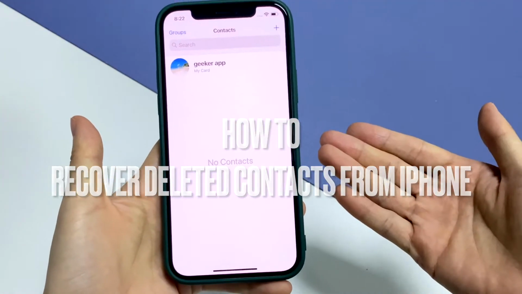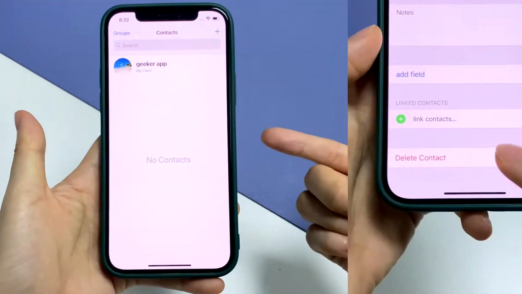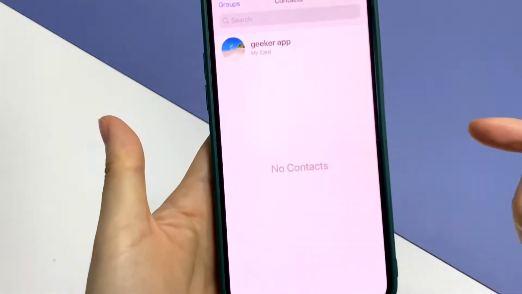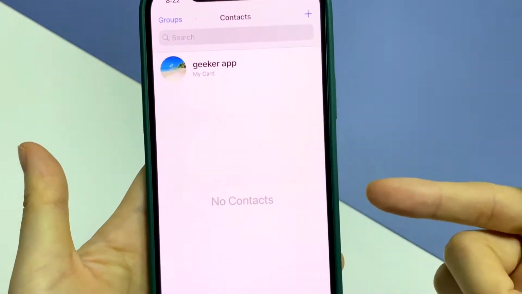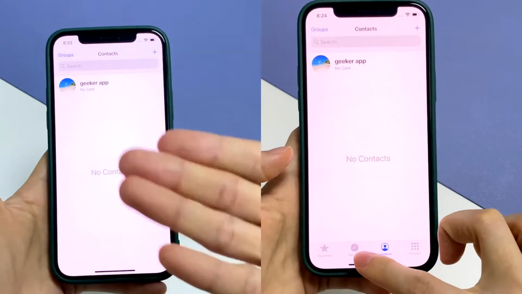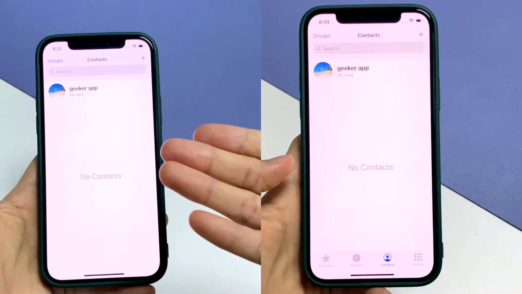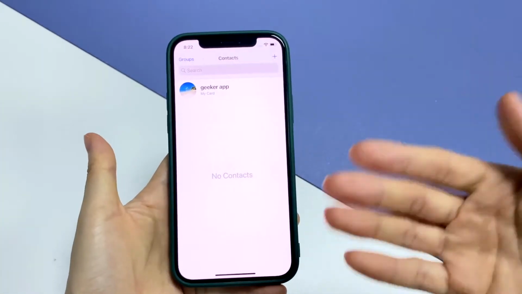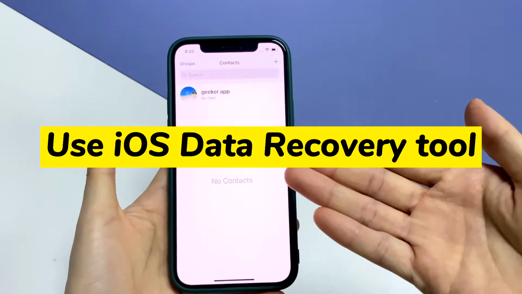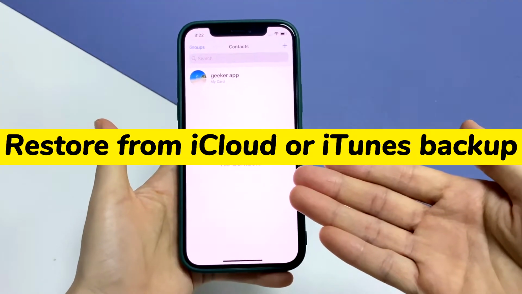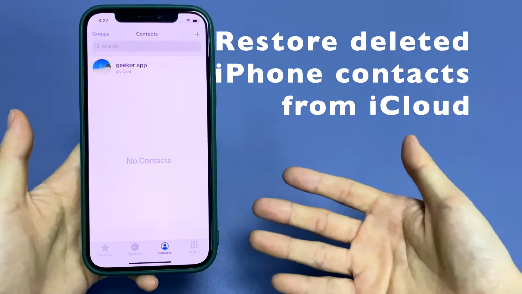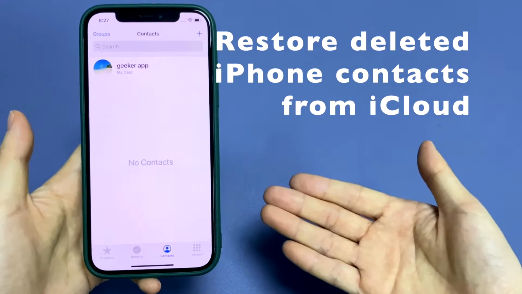It doesn't matter how contacts were deleted or lost. Accidentally tap delete contact, or an iPhone update deletes all your contacts including your clients, lost contact along with the name, phone number, email in contacts or phone app, and they're deleted from iCloud too. To get them back, you can recover contacts on iPhone via a tool without backup, or restore them from iCloud or iTunes backup.